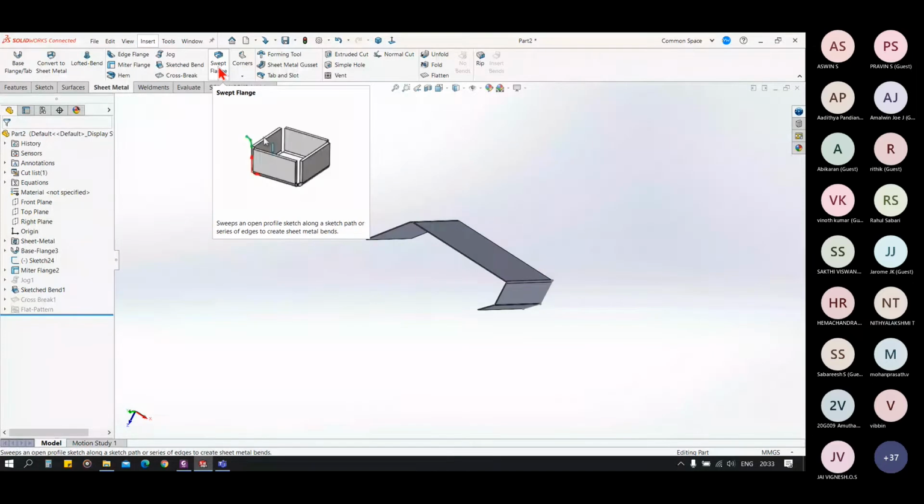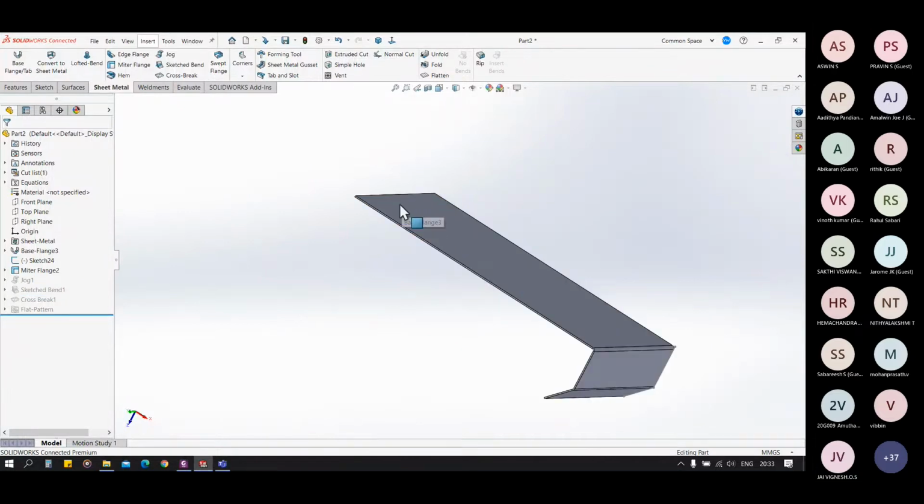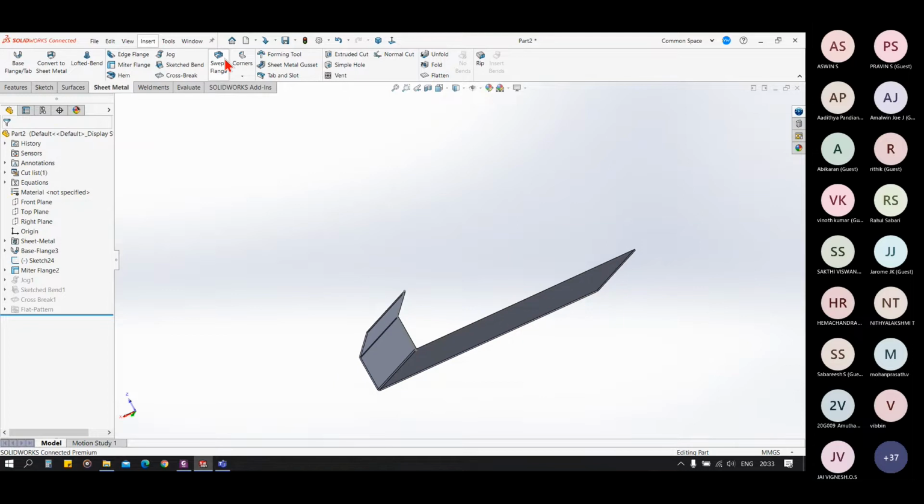So now we will see the swept flange. The swept flange is similar to the miter flange, but in this case we can have the swept flange on multiple edges in continuation.